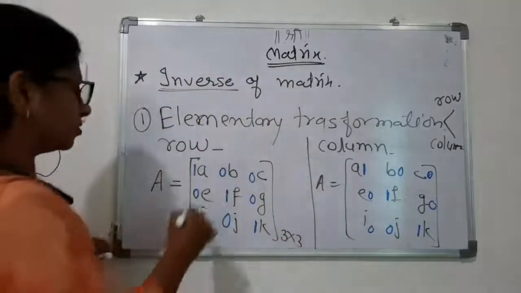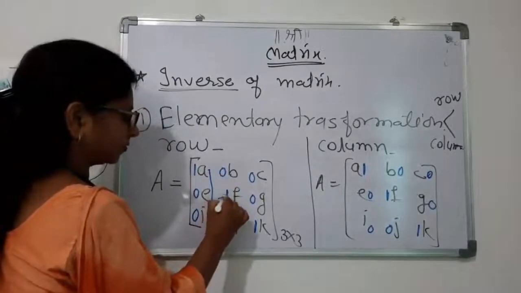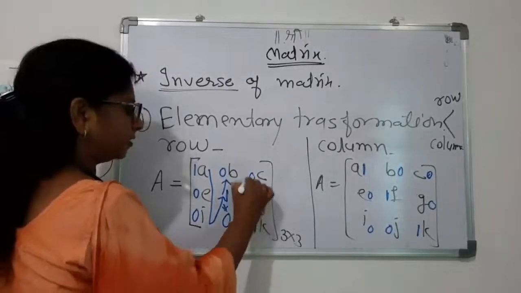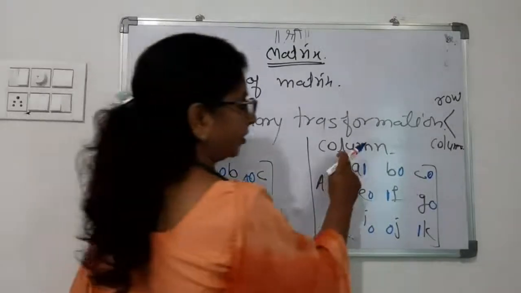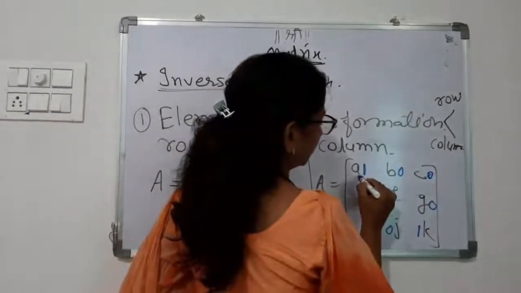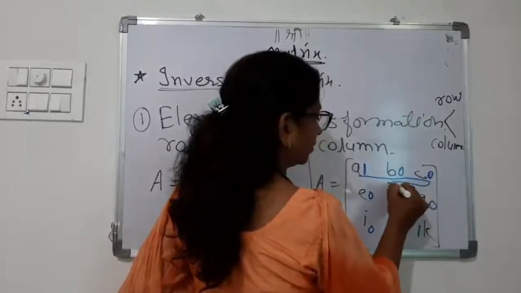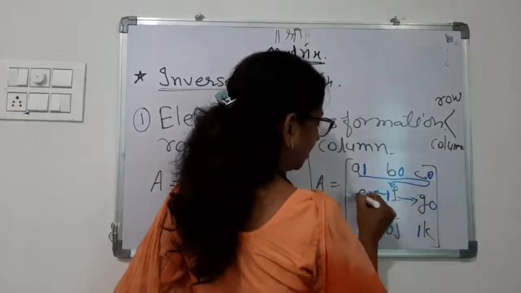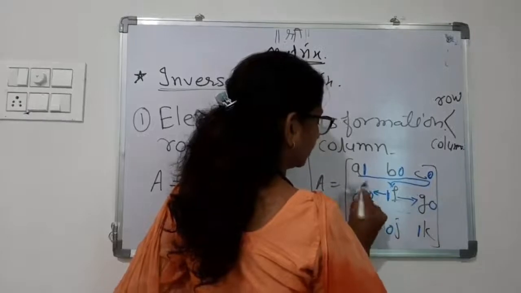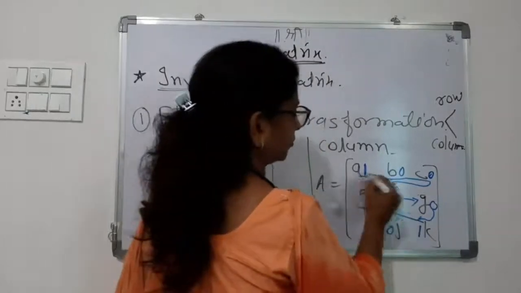Means if row transformation, then we have to go like this: 1, then 0, then this is 1, then 0, these 2, and after that this is 1, and then these are 0. But if we are applying column transformations, then we have to go row by row. Means we have to bring first this 1, then zeros here, then 1 first, then here zeros, and after that, suppose 1 first and then 0, 0 in this way.